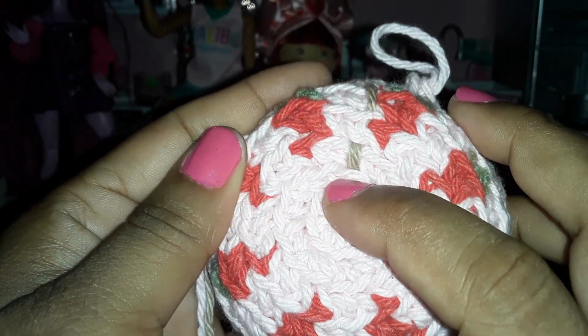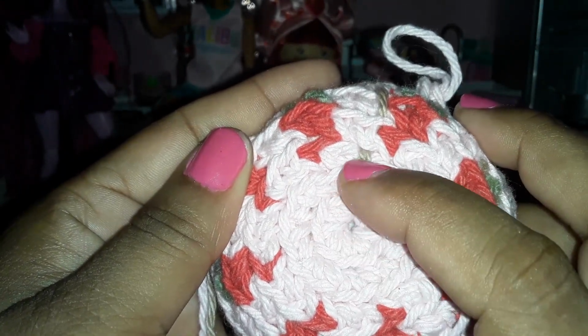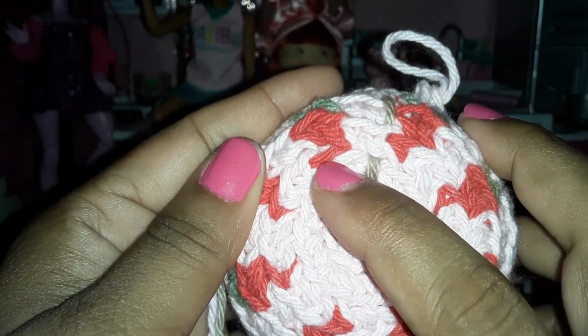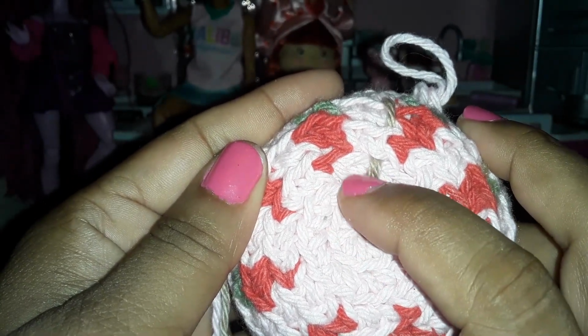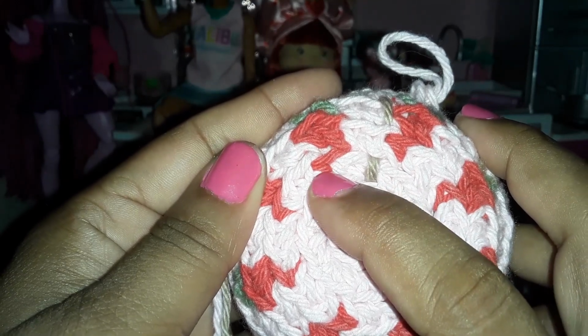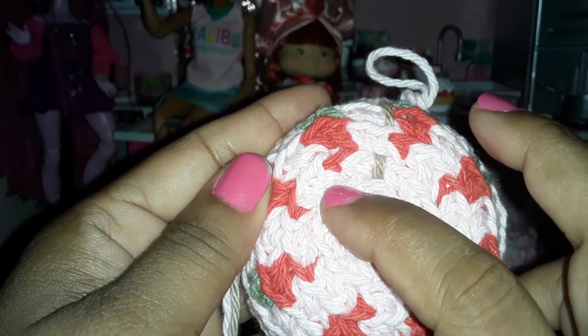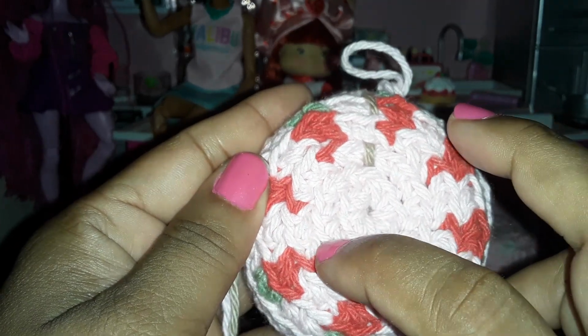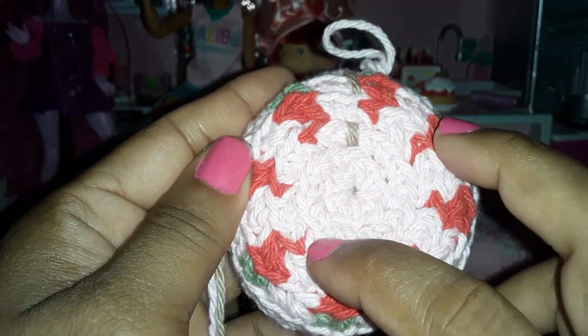Yeah, the second one is where you do doubles in each one. The third one is when you do 1 and then double. Okay, when you begin in the double, you do 1 pink and then a red one, and then every 2 you do the same thing here. So one single one, and the first one of the double you do pink, and the second one you do